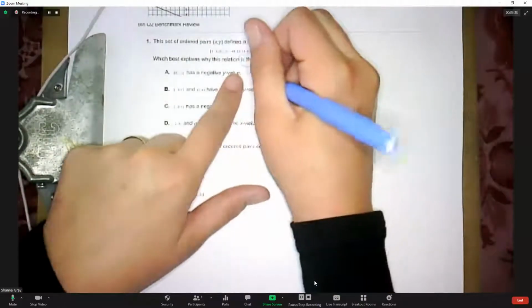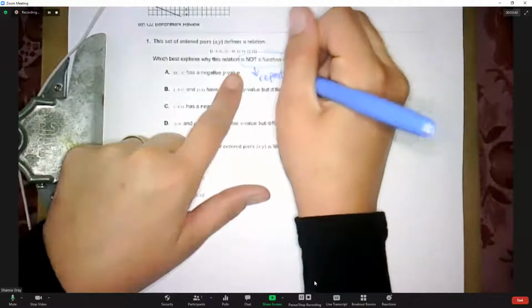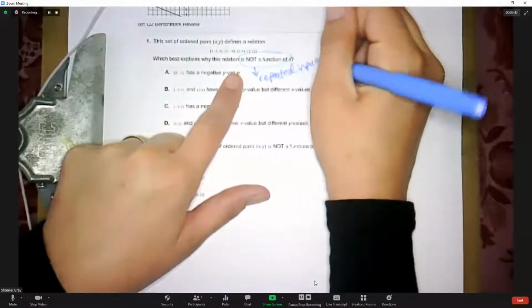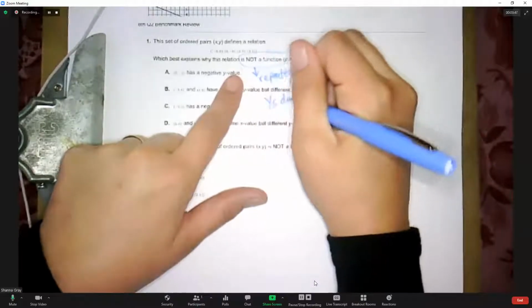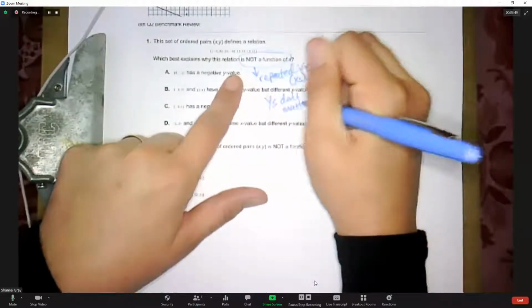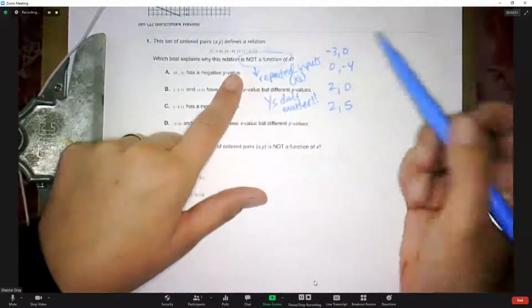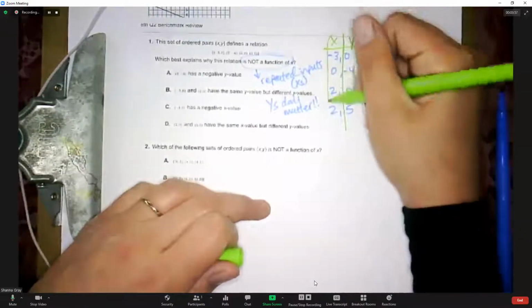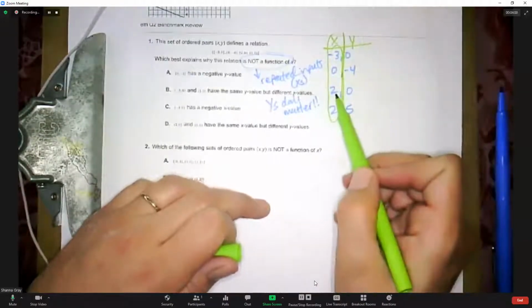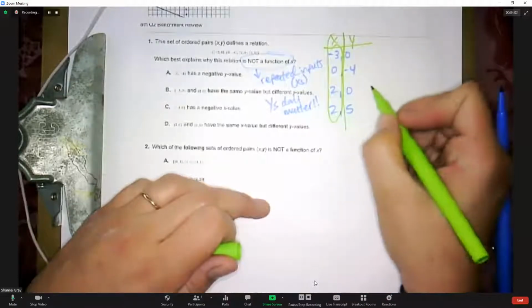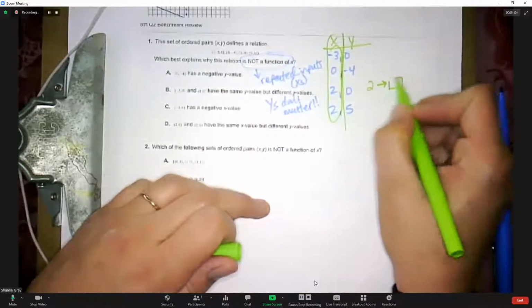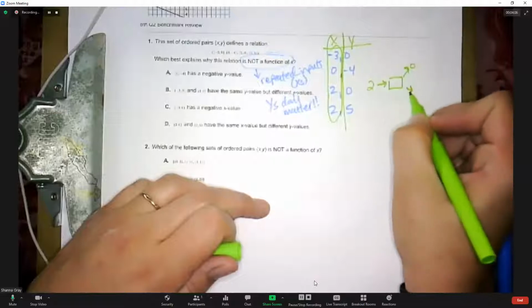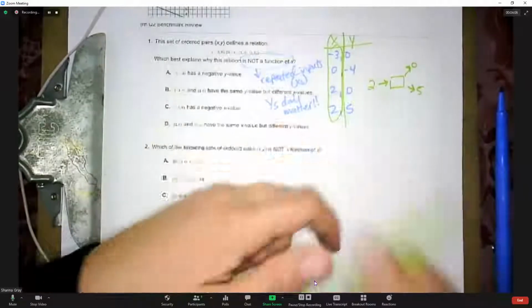So remember, if it's not a function, it has repeated inputs, which we always say is x's. And then y's don't matter. So realistically, I'm just checking through my x's, right? So my x, y. I'm looking at these, and I'm seeing here I have a 2 that goes to 0 and a 2 that goes to 5. So if I have a machine where a 2 goes in, basically it's saying a 0 comes out and a 5 comes out, which this is not a function